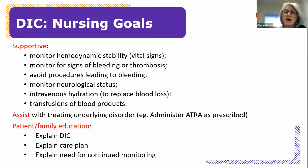So this lady was given ATRA to try and help improve that DIC, but again, I just think it was just a little too late for her. So in regards to patient and family education, this was a very scary experience for this person. She's just being told, her and her family, that she's got this new diagnosis of leukemia, but then she's got this secondary complication related to it. So you're trying to explain what's going on with this DIC, what the care plan is going forward, and really explain why we need to do such careful